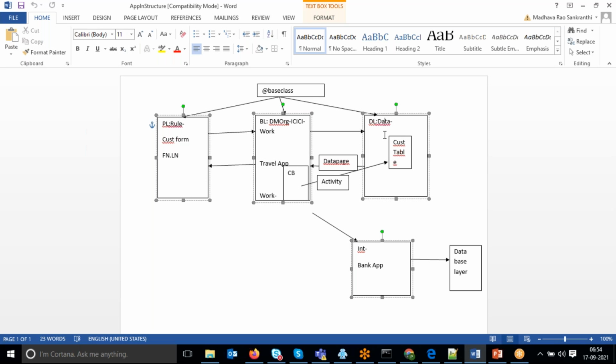For the database layer, it is PAL, the performance analyzer. The performance analyzer tool is a debugging tool used to trace the database layer only.